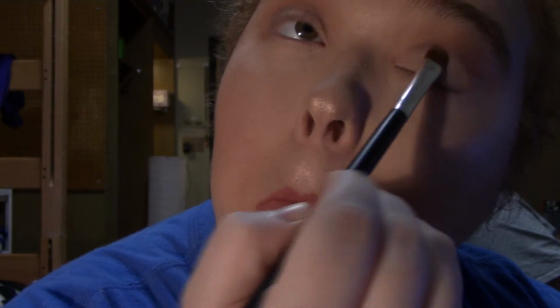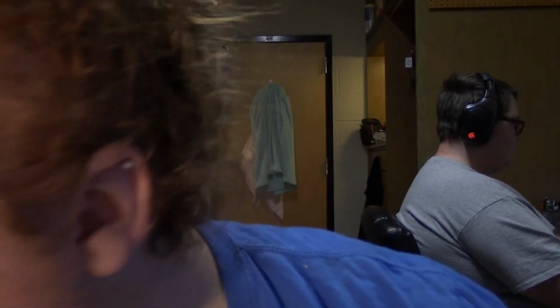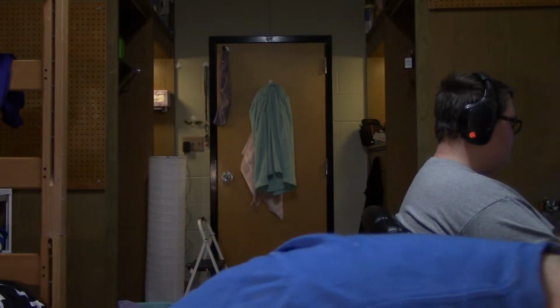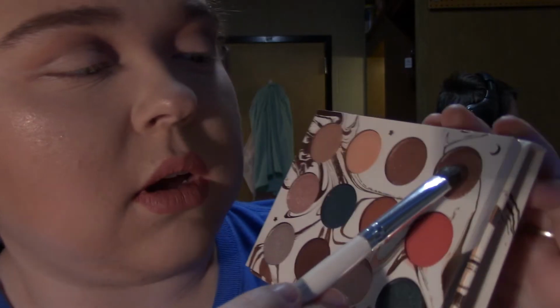Alright. And then I'm going to go back into that same palette, and I'm going to take this pinky coppery shade,